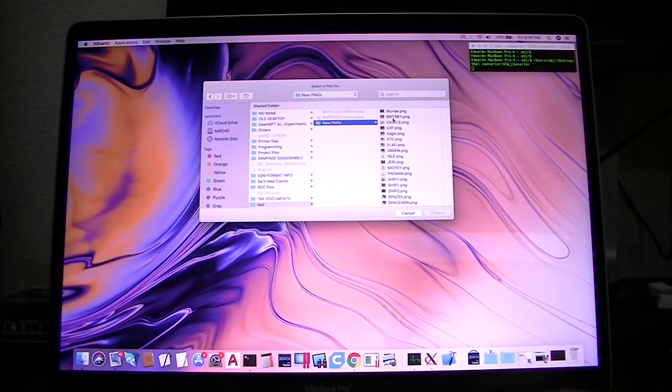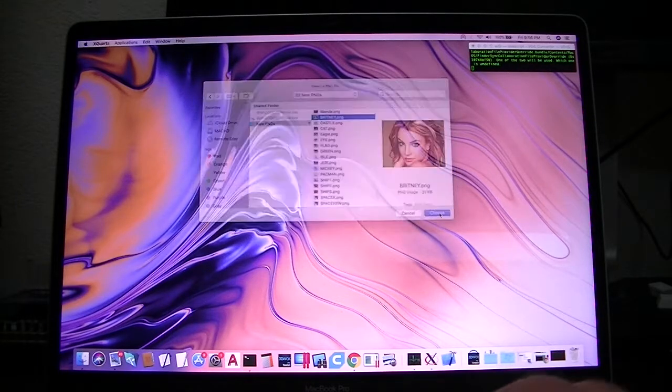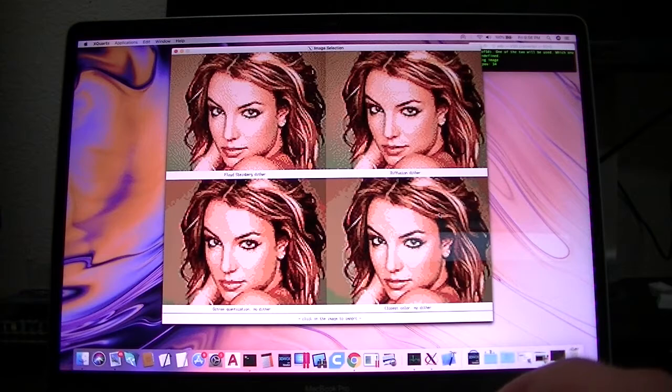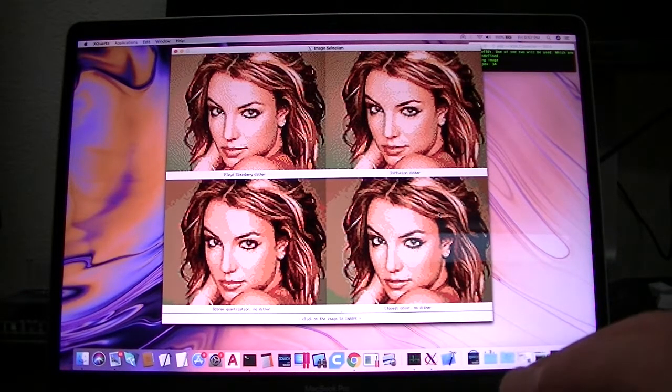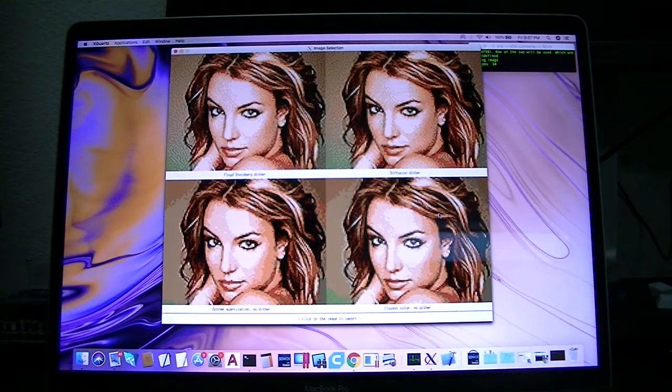So basically you just select the file. These are all 24-bit images. Choose it. You're going to be presented with a window here with four choices of conversion. They all use the same 16 color palette that's generated by an Octree routine, and it'll give you these four choices: a Floyd-Steinberg dither, a diffusion dither, Octree quantization with no dither, and a closest color quantization with no dither as well. So you basically look at that, see which one you like the best,